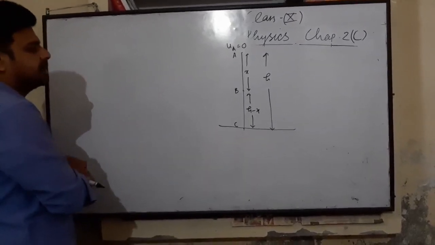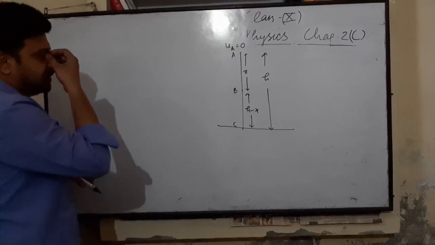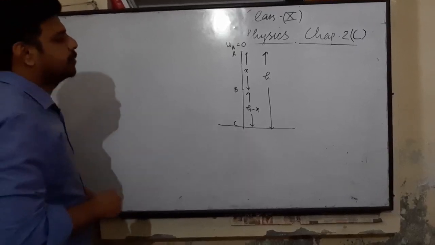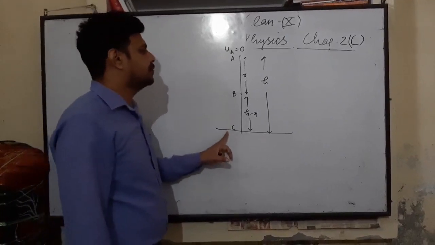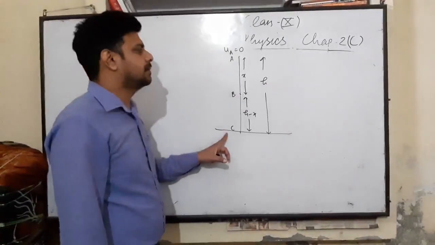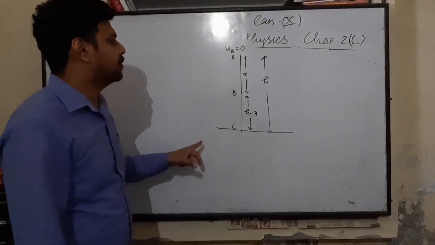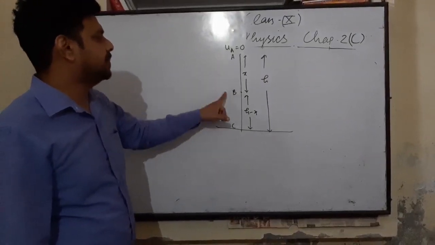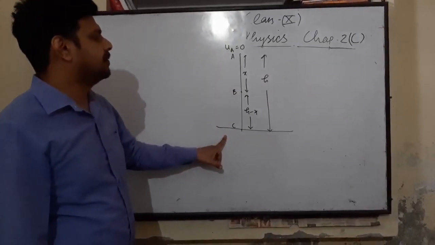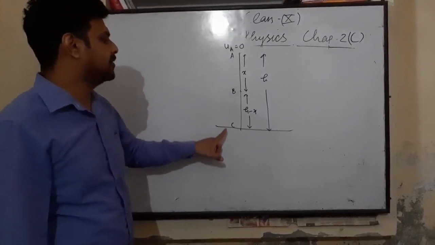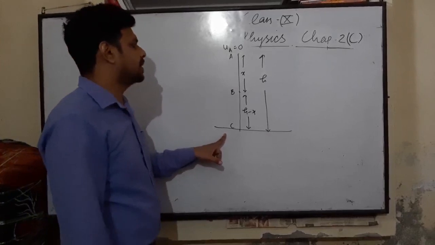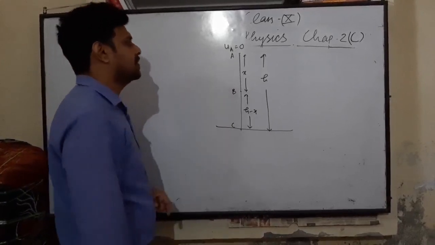For proving this statement, first we have to find potential energy and kinetic energy at these 3 points. You can take more points, but for verification we only take 3 points A, B, C. We have to find kinetic and potential energy at point A, point B and point C, and then the total energy, the sum of kinetic and potential energy.